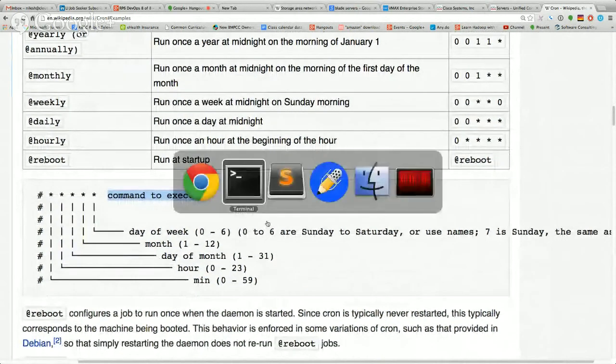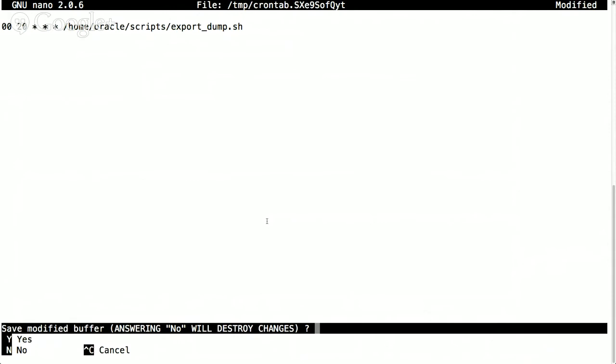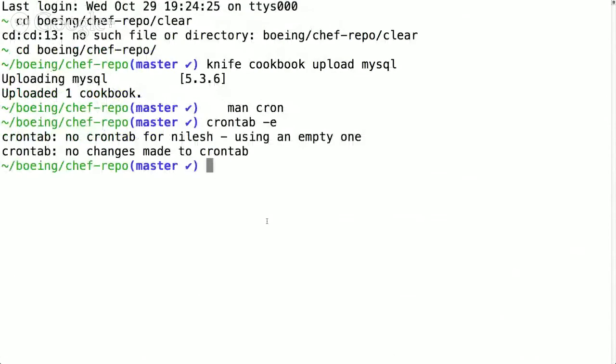And you insert these commands in crontab -e. That's where you edit. And you paste like this. And you're done. That's how you run this particular command every so often automatically. And I don't want it to run, so I'll exit and say no. But crontab -e is the way to modify. It's a one-time operation on every box.